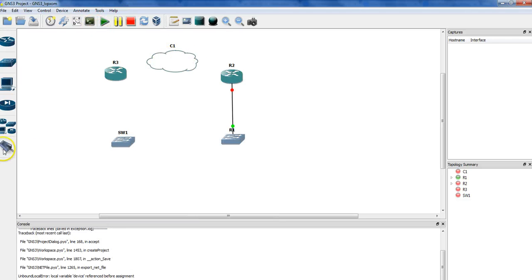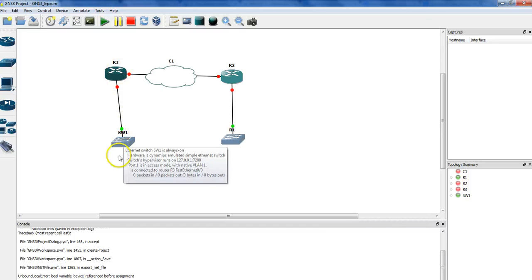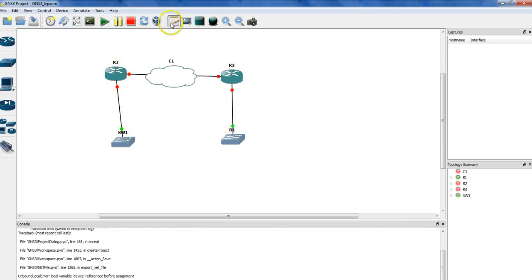Let's assume there is a cloud in the middle. So if you're, for example, trying to access this switch from here, you have to have some kind of routing between the two networks, because the network on the left is different than the one on the right. So for any packets, for example, if you want to telnet to it to manage it, any packet that you send from switch 1, you have to tell the packet that if you want to go to R1, which in our case is